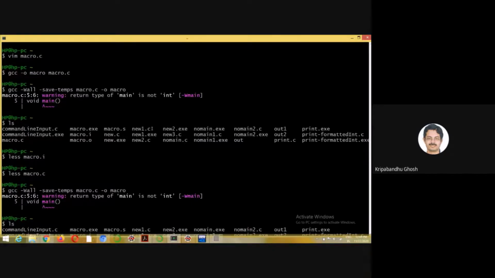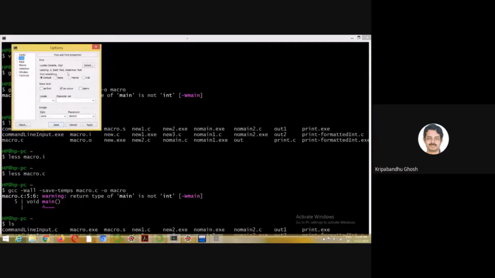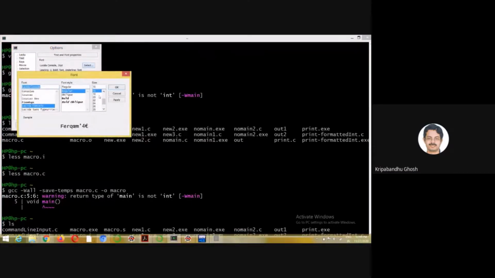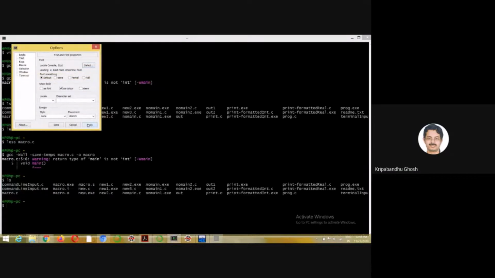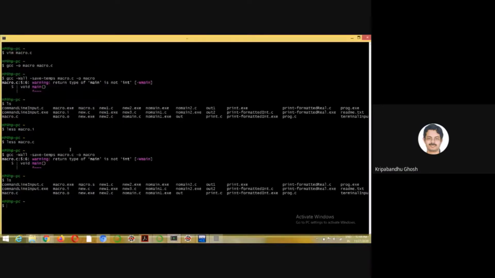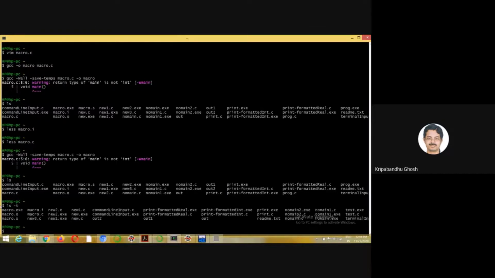Maybe I need to reduce this font size, maybe 12. Yeah, this is better. So a lot of files have been generated. Ls, does this work? Yes. So macro, executable, .o, .s, .i, a lot of things are generated, but we will look into